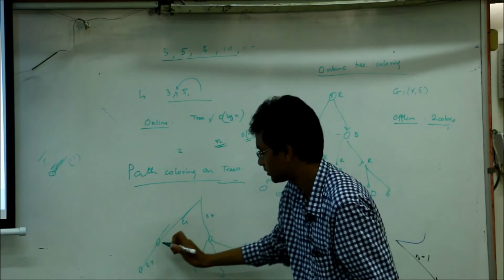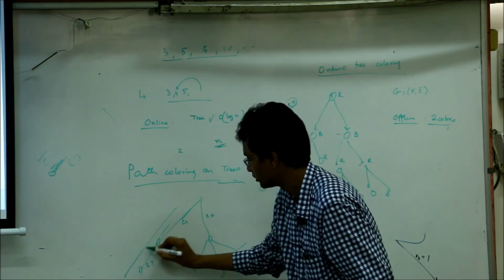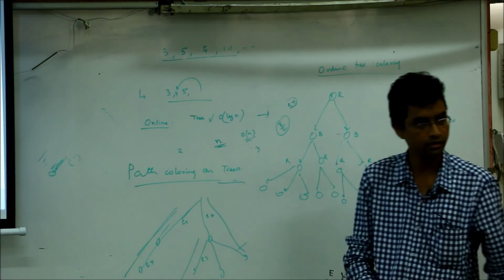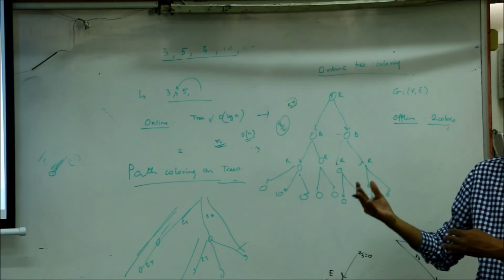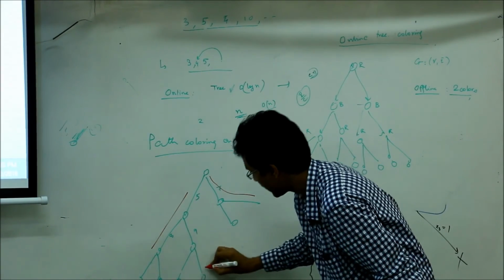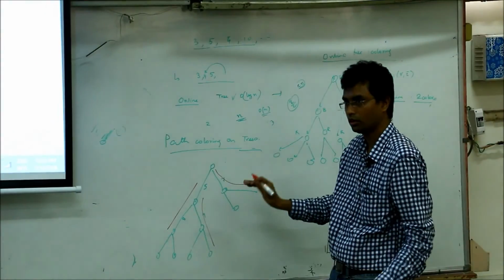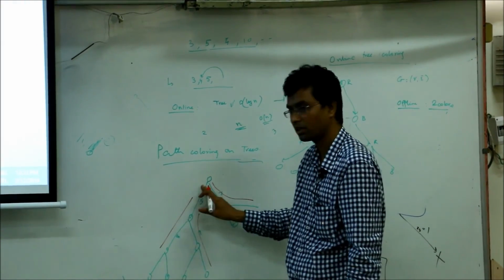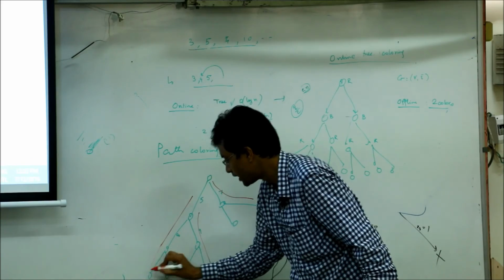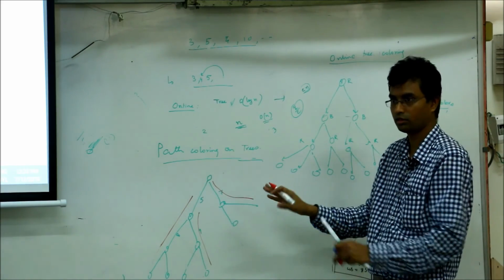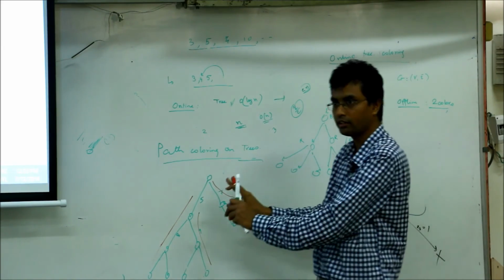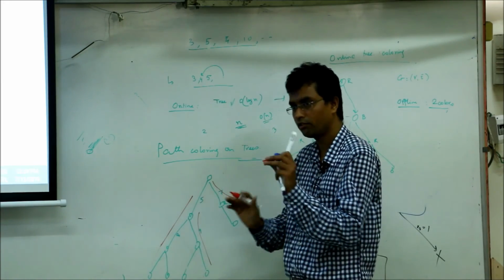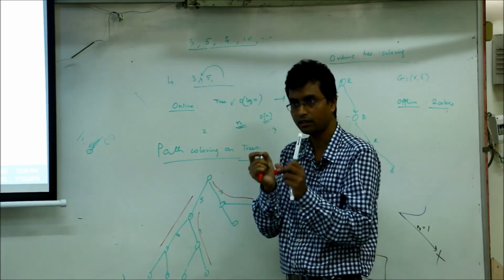And you have paths which you have to color. So maybe this is one path, this is one path, this is one path. These are the paths which need to be colored. Another path may be this, another path may be this, and so on. Each path stretches multiple edges. The objective is to color the paths, not the edges. The edges are already there, you have to color the paths, and each path will have only one color.